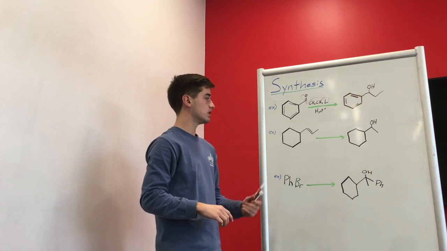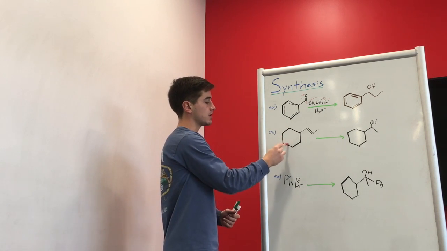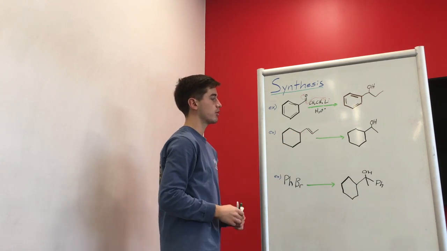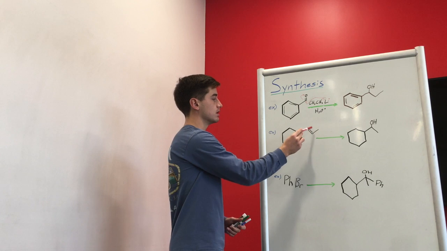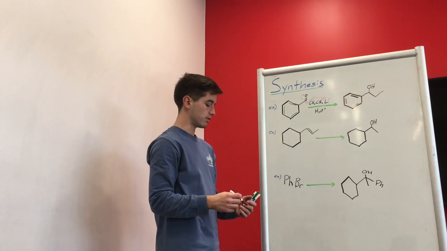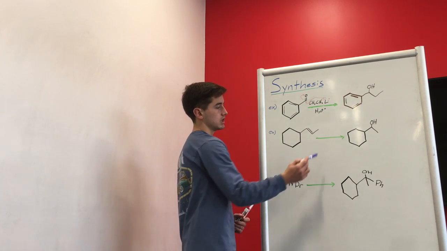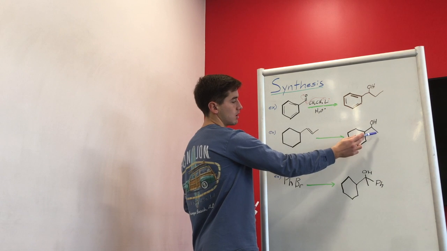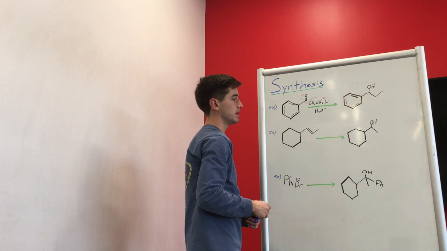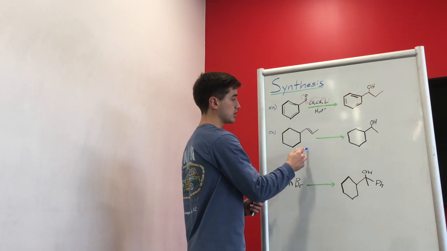Moving on to the next one, you see that you have a cyclohexane with a propene group, because it has a C double bond C right here. So first, if you look at the product that they want you to get, you see that it actually has fewer carbons than the starting material, so that doesn't really make sense in terms of adding carbons. But if you think about it, the first thing you have to do is